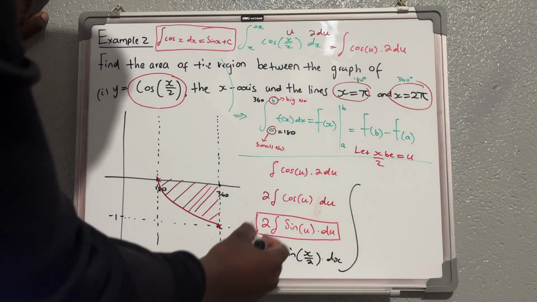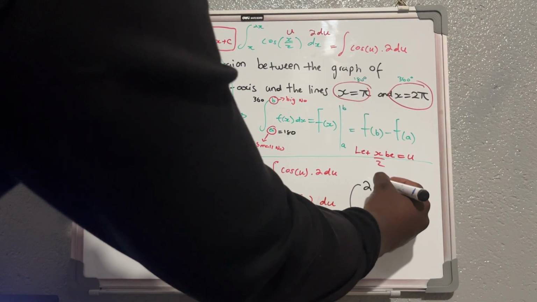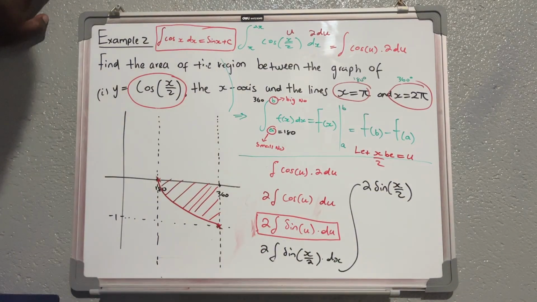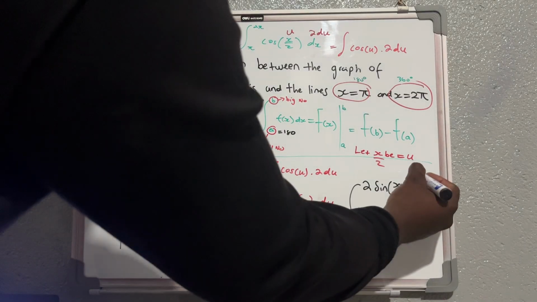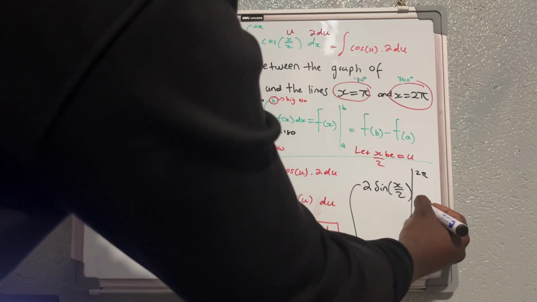As I said, the 2 can actually be taken to the other side. You're going to be having your 2 sine of x over 2. So that would be the antiderivative for your cos of x over 2. But now you're going to be working this one between which regions? You're going to be working it between 2 pi and your